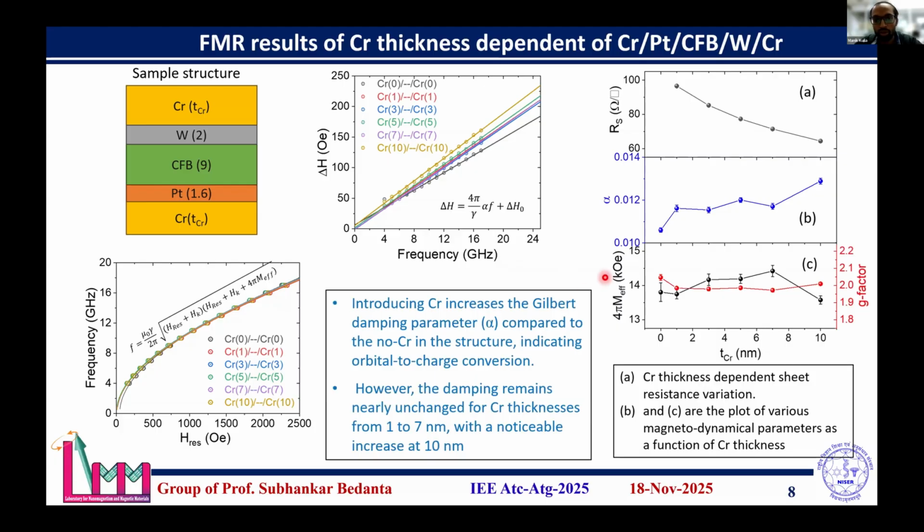With the chromium thickness, one can get an enhancement of Gilbert damping that could be due to the spin and orbital pumping effect, and there is a plateau between 1 and 7 nanometers of chromium thickness where there is no increase in Gilbert damping, but when you increase the thickness further, one can get an increase in Gilbert damping. That can be due to the effect of the